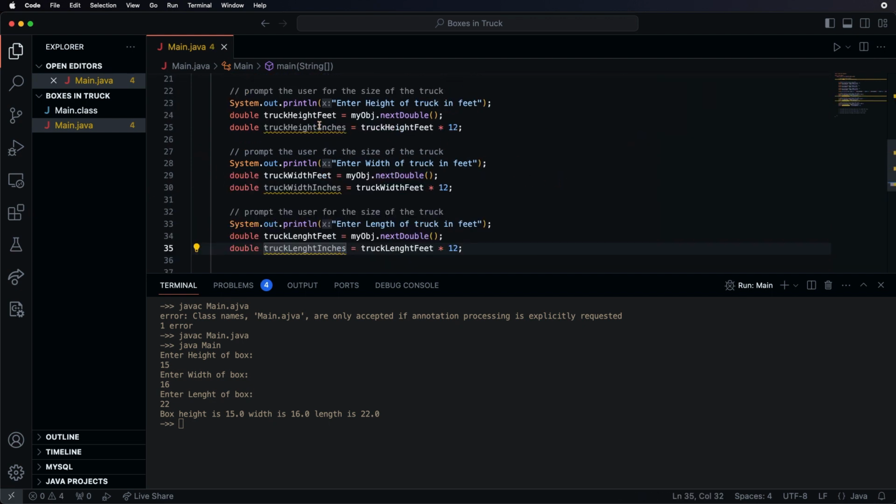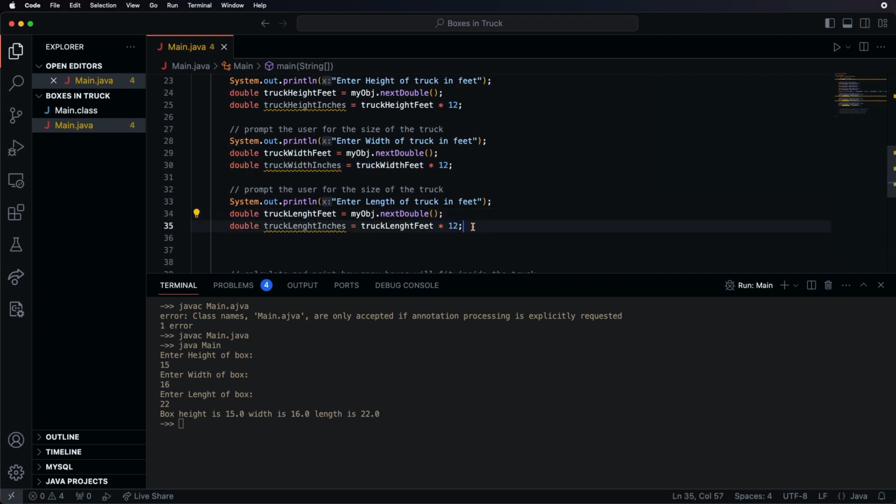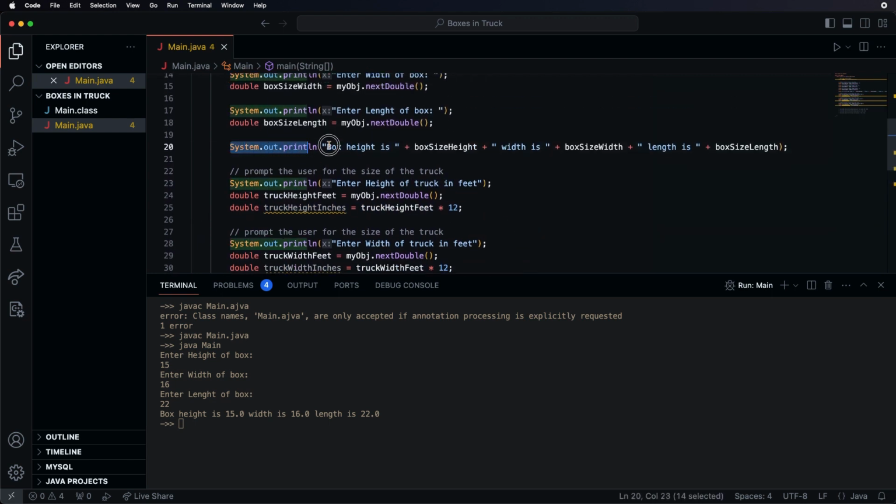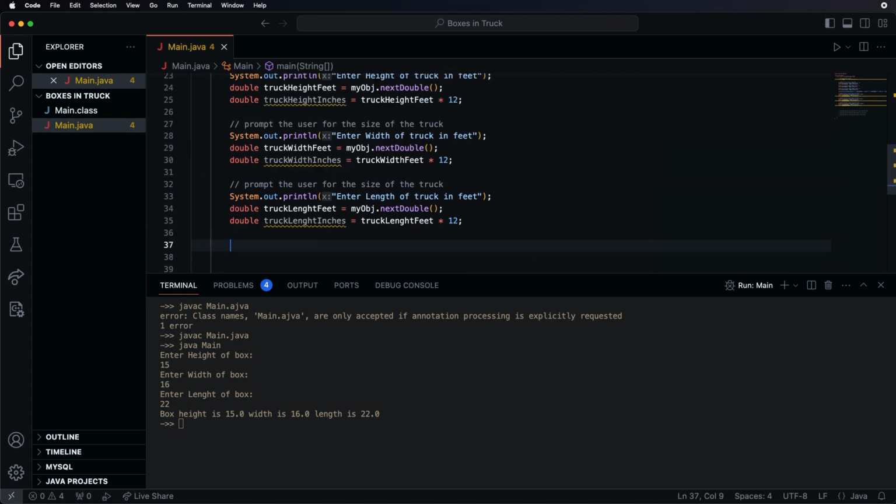Okay, so now that I've done that, I have three components: the height, the width, and the length in feet, and I'm converting each of those into inches right there. As always, we are now going to output what we want to see, to check that it converts correctly to inches. So print line